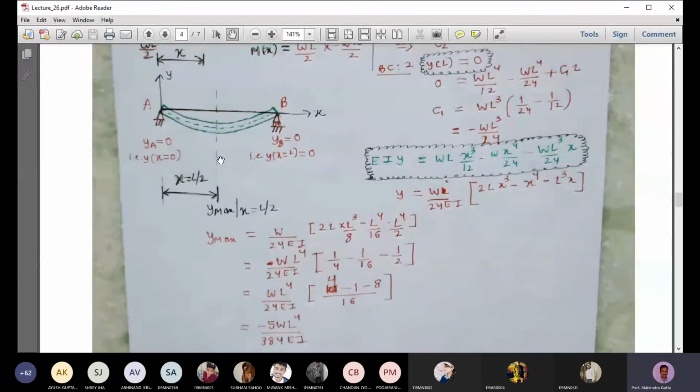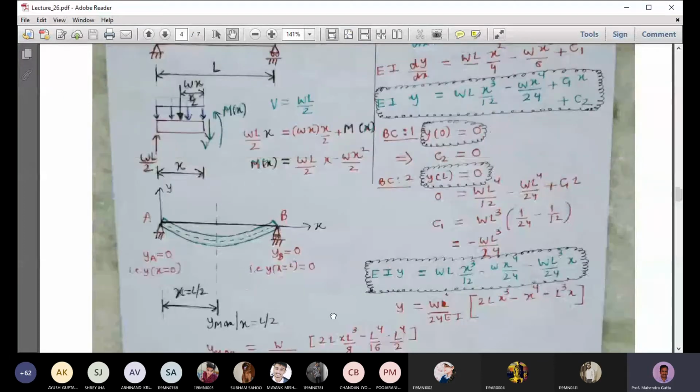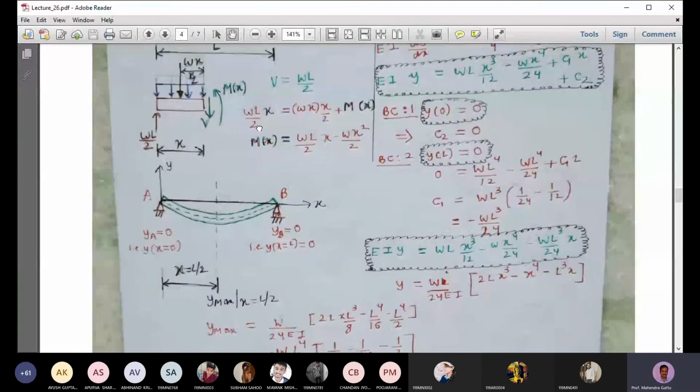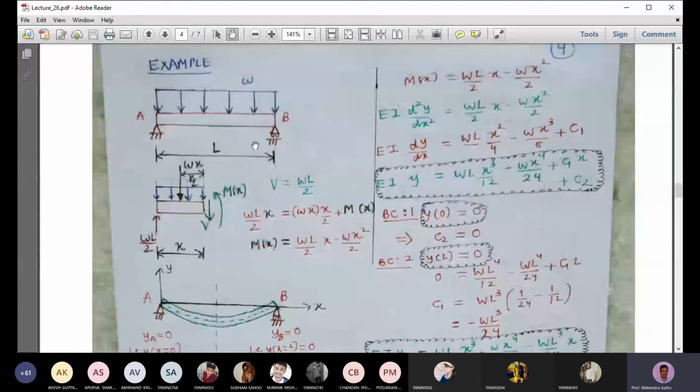So this is regarding the deflection of a simply supported beam subjected to a uniformly distributed load. Usually in codes there will be some specifications for the maximum deflection. They will say that the maximum deflection should not exceed span length by 120 or span length by 100, something like that. So you calculate the maximum deflection and compare it with that codal limit, so that when you design, you see that it doesn't exceed it.